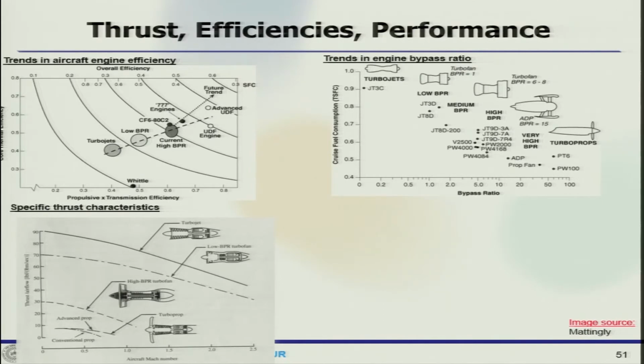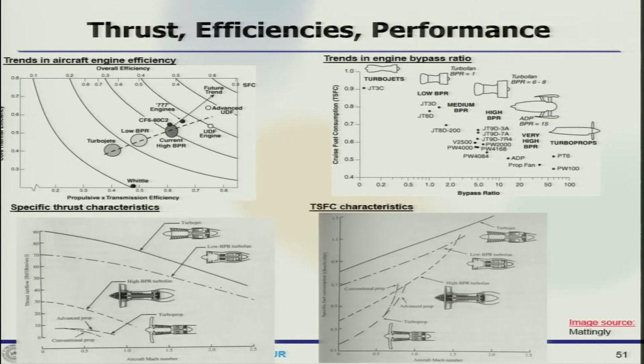The trend is, you have turboprop here, then you go to high bypass ratio turbofan, this is low bypass ratio turbofan, and that is where the turbojet belongs to, and that is the one which finally takes us to the TSFC characteristics,